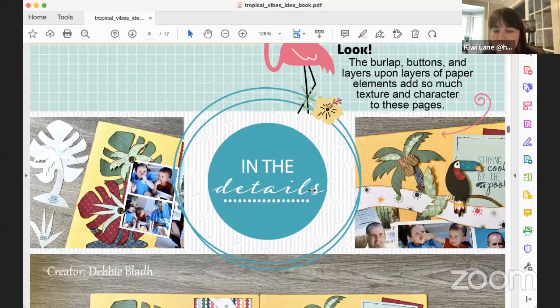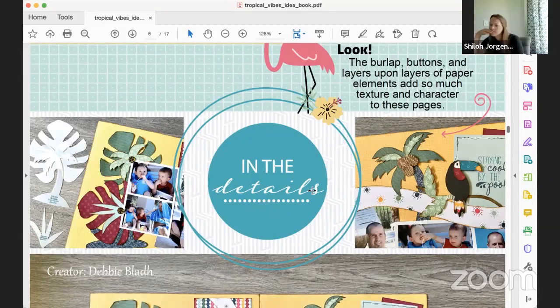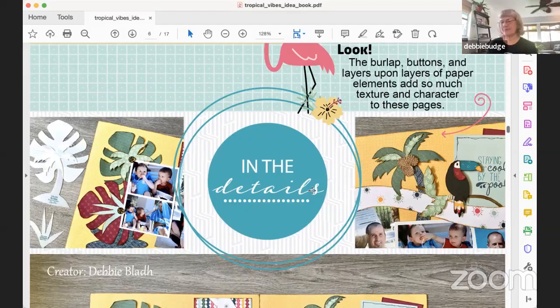Okay, so another thing that stood out to me is the little twig. You just inked it heavily. Did I? Yeah. I cut it all out of the green, and then I just took my dauber and colored the stem part brown, because that made sense to me, and then just wrapped a little string around it to give it some texture.